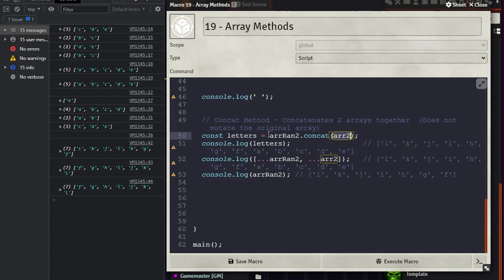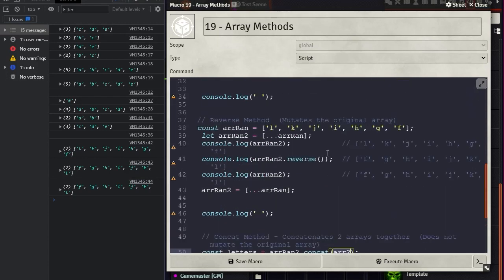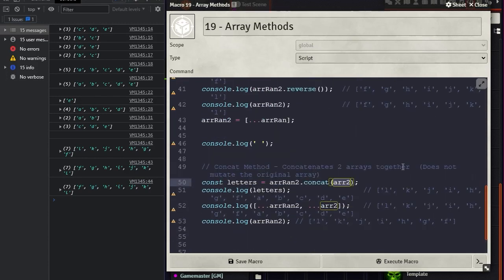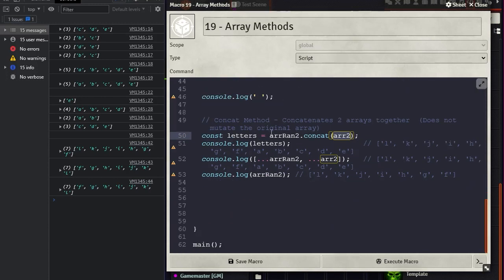Yes, I think so. I don't remember. I know this one mutates it, this one does not. So the original array, in this case we're saying array 2, and we're concatenating array ran 2, and we're concatenating array 2. When we output our array ran 2 again here, we'll see that it is actually the original value without the ABCDE. So if we run this,